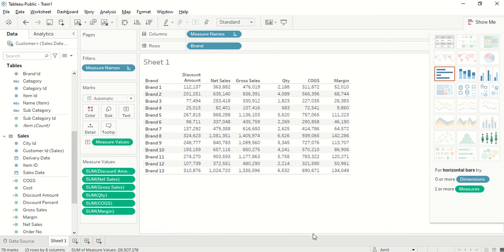In case of Tableau Public, the moment you save it here, you actually have to see it on the Tableau Public web view only. So it's not going to save as a file locally, but I think when you close and open, you will get it. So don't worry about it.